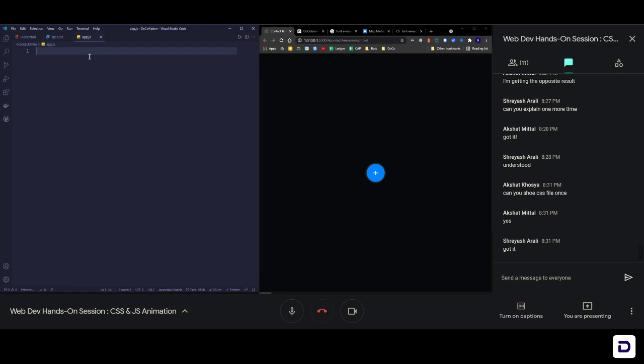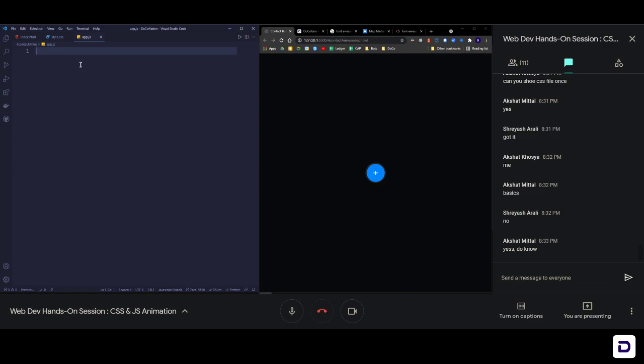How many of you know JavaScript already or know the basics? Let's see. How many of you know about the DOM and how to select elements, the selectors, query selectors and all, event listeners? Okay, if you know about it, that's great. Otherwise, this is going to be just basic JavaScript, only 5 to 6 lines of code, not more than that. So just follow along to achieve this particular animation.